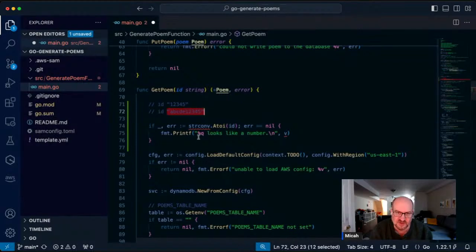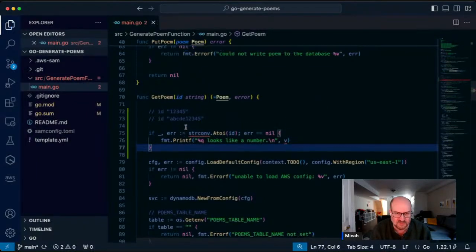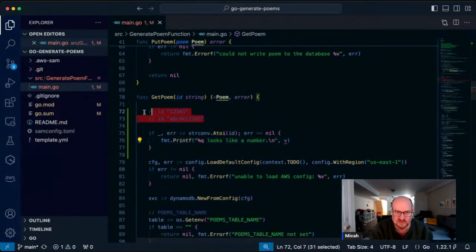So this is what we're doing here. We are using the Atoi function within strconv to test if what we're passing as the ID here is an integer or a string. Amazing. All right, let me just fix this. All right, cool. Okay, so instead of just printing out looks like a number, what we're going to do is,